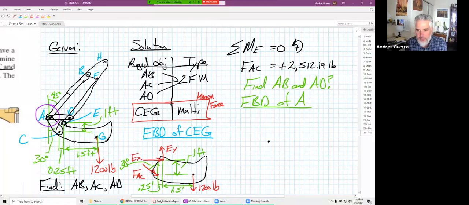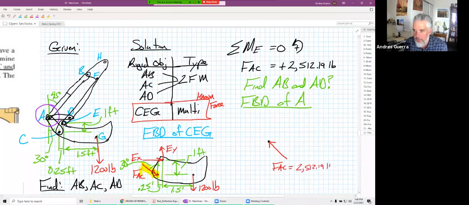Now FAC, we figured out FAC. How did we draw it over here on this FBD? Right here, we drew it down. What kind of force is that? Is that a pushing force or a pulling force, the way that we drew it? It's drawn as a pushing force, right? Isn't it pushing on our rigid object for the FBD? So it needs to switch direction. It also needs to be a pushing force up here. And so our AC is going to be in compression because it's a pushing force. So it's going in the opposite direction,